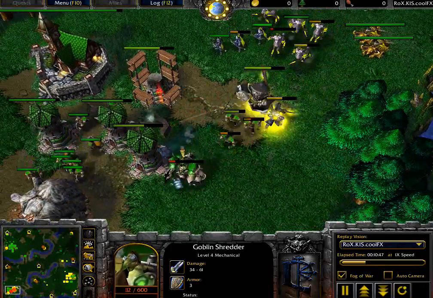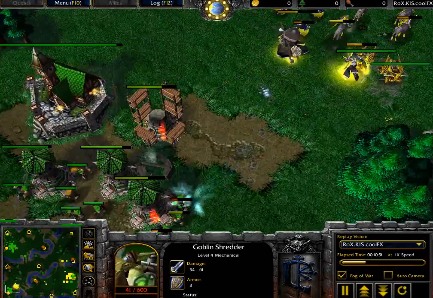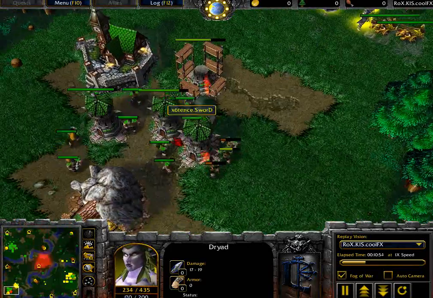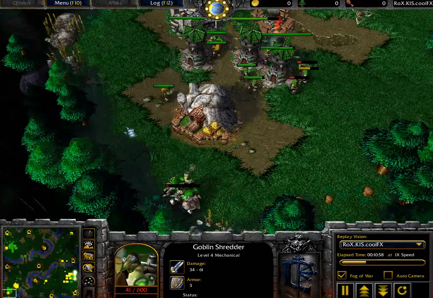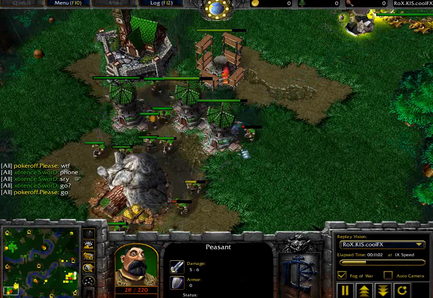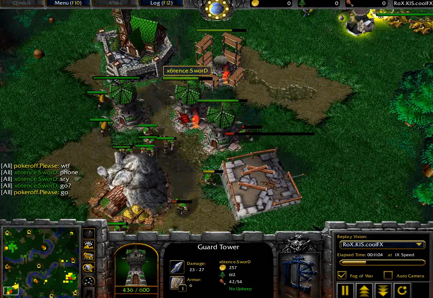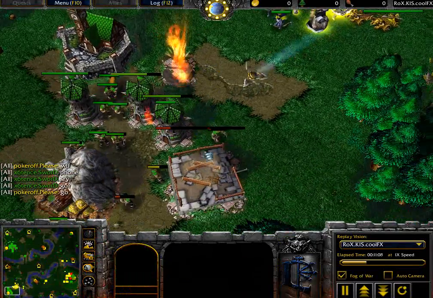That Goblin Shredder is an expensive unit, needs to run away, but that's also a mechanical unit, so it is immune to that abolish poison or that poison damage from that Dryad, so very nice. Goblin Shredder needs to get over in this position. If it paths the wrong direction, that's going to be really bad right now. Anyways, trying to repair those guard towers right now, and now we have an Arcane Vault and losing that scout